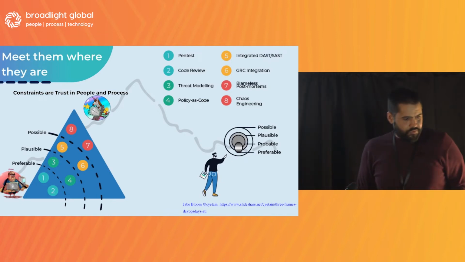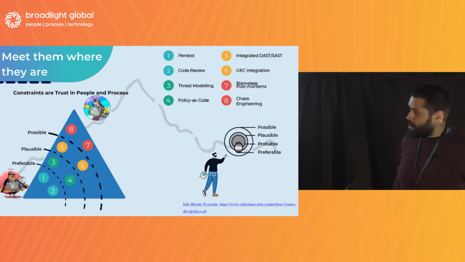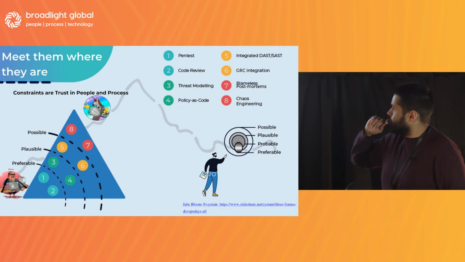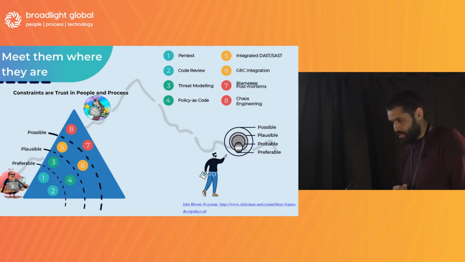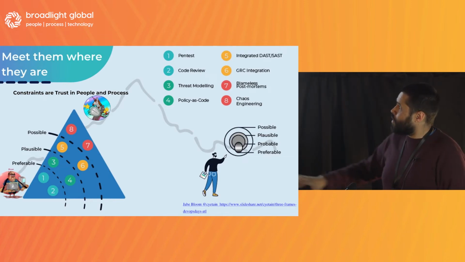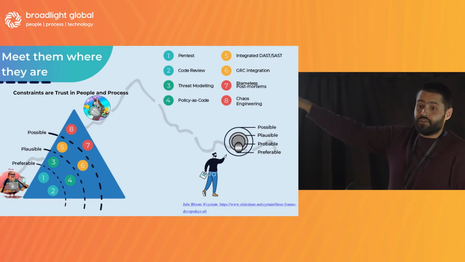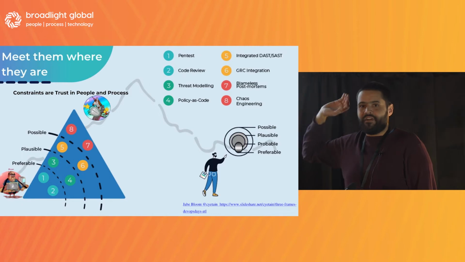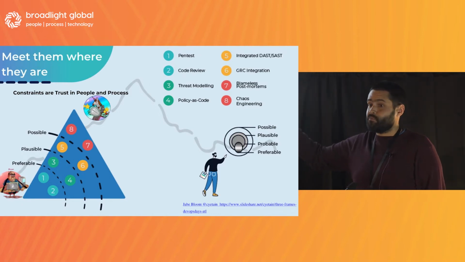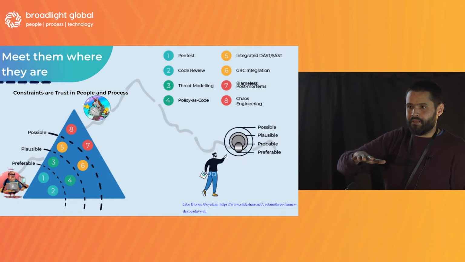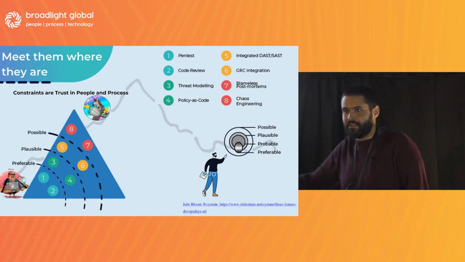So we're not going to go through this model in a lot of detail, but I'm just going to show it. This is a model that I've created that I call the DevOps security archetype model. At the top you've got what I call the security unicorns, which I define very simply as the people who understand that speed and quality are not mutually exclusive, they're mutually reinforcing, right? You do things with quality because that enables you to go at speed.